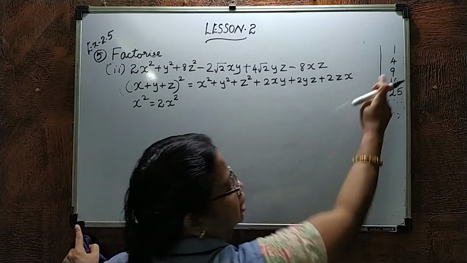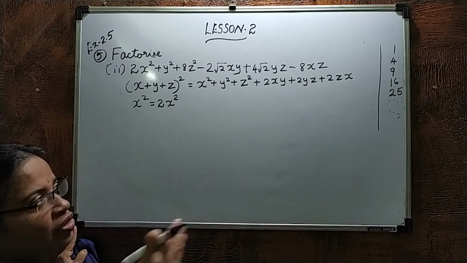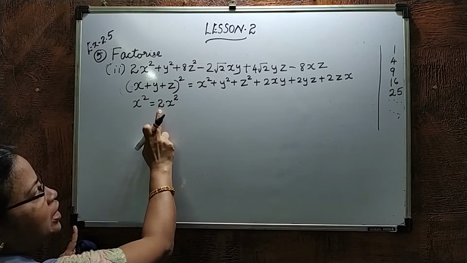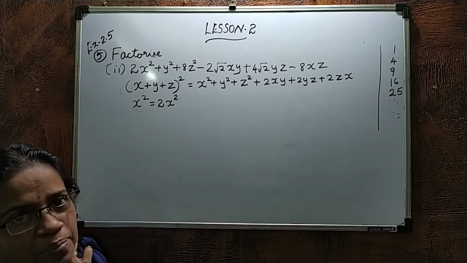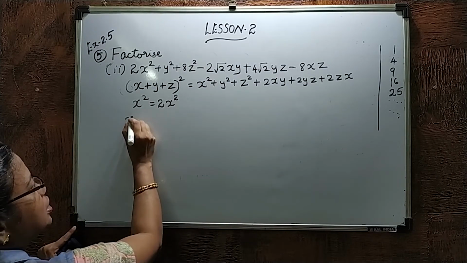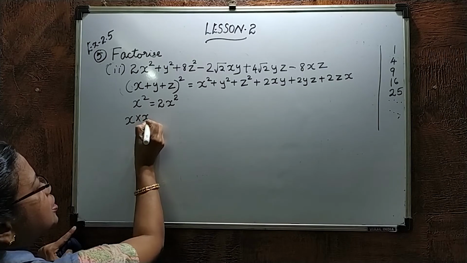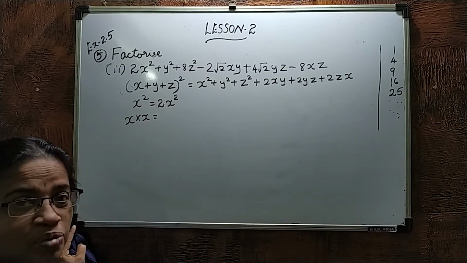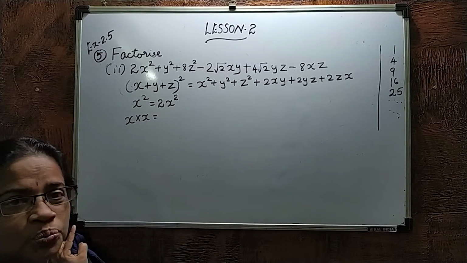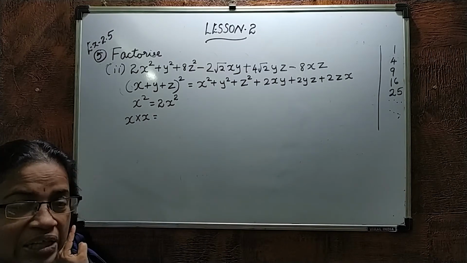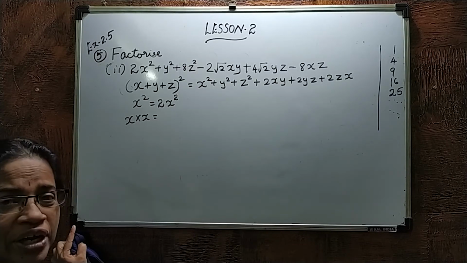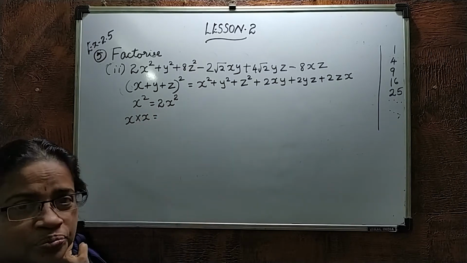This 2 is not there, right? In between 1 and 4 is there. That means you have to make it as a square number. How will it be? Just look. x square means x into x. What all things do you multiply? The same number, if you multiply, you have to get the answer 2. Which number? The same number. 2 numbers should be multiplied. You have to get the answer 2.